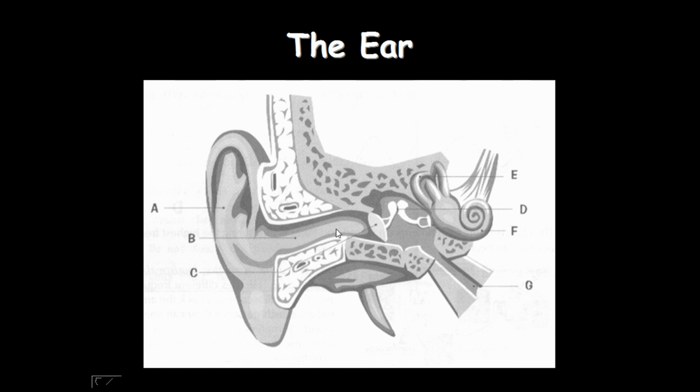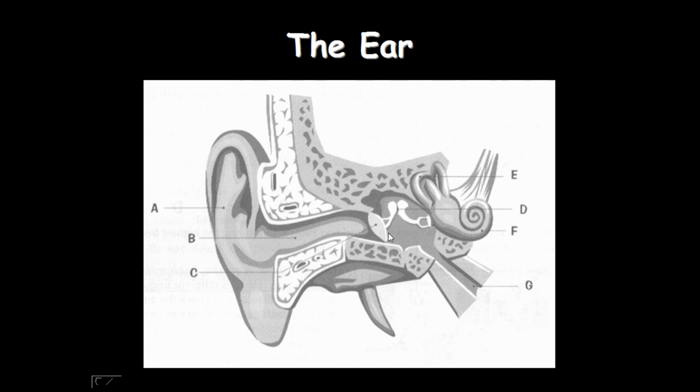This tube inside is known as the auditory canal. So the pinna collects the audio signal and focuses it to the auditory canal. These signals are further transferred to the tympanic membrane or eardrum. This white membrane is known as the tympanic membrane or eardrum. The eardrum starts vibrating, then it strikes these bones. There are three bones which amplify this sound several times. These are the hammer, anvil, and stirrup bones, and they amplify the sound.